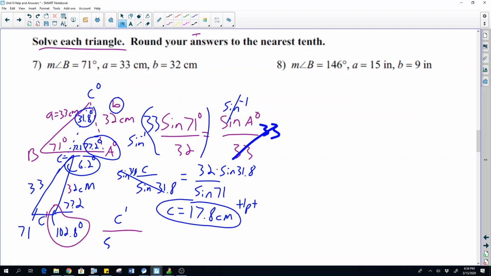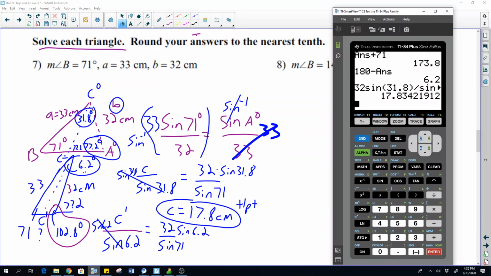So then we're going to do the same thing. So little c over sine of, wait for it. So we have, where's the little c? Oh, there you are. We're trying to find little c over its angle. Whoa, 6.2? That's right. So this is c prime. So we're trying to find it, and so then we match it up with its angle, 6.2. So sine of 6.2. We can do hard things. Hang with me. Okay, and then we'll use the same, 32 over sine 71. So you got this. Probably just do it on your calculator. And then we'll times, remember, sine 6.2 to the other side. And then we've got this problem done.